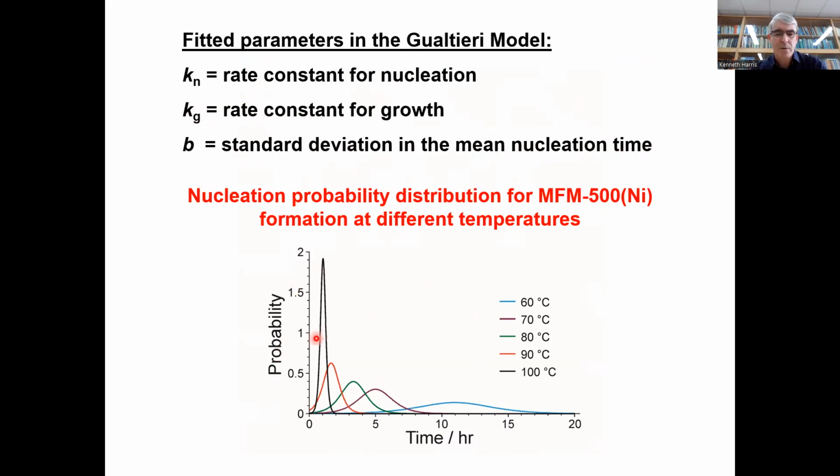And looking at some of these parameters, from the standard deviation in the mean nucleation time, we can get information on the probability distribution for nucleation. So we can see at high temperature, a very sharp probability distribution at an early value of time. At low temperature, much broader probability for nucleation, and the peak at a much longer value of time, around 11